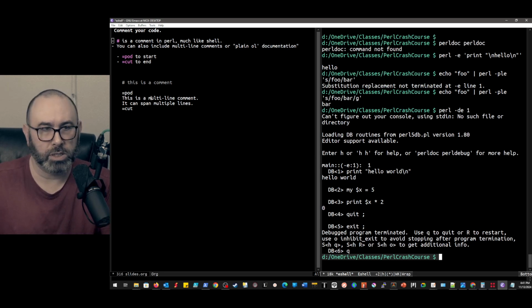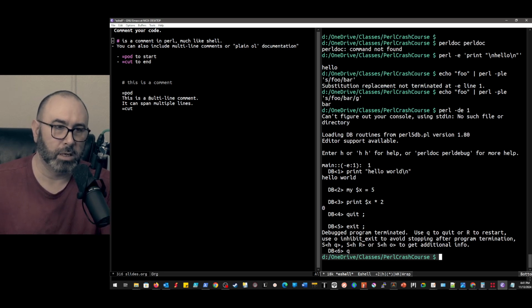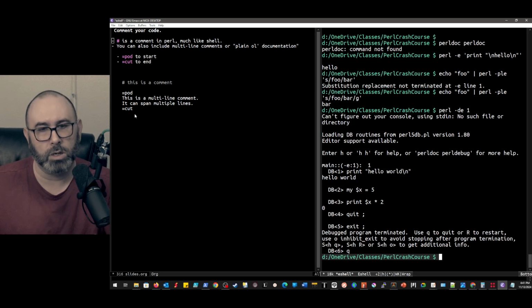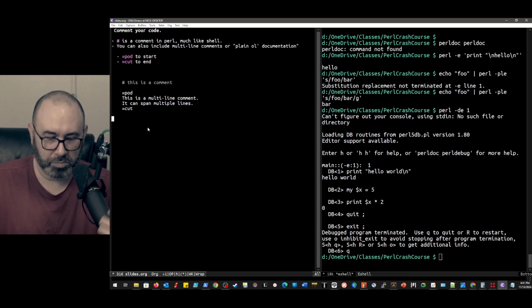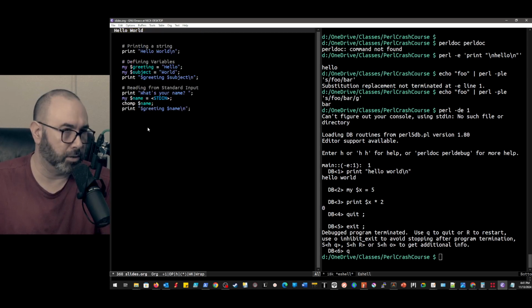One of the things that we typically recommend is to not only comment your script, but comment any portion of your code that might be confusing, and then throw a plain old documentation format document on each of your functions describing how it would be called and what it returns. There's a number of standards for these. It doesn't really matter which one you adopt, but adopt one of them, and have your code be self-documenting so that the next person who comes along, which could be you, can read it easily.